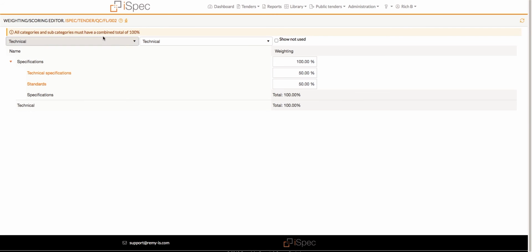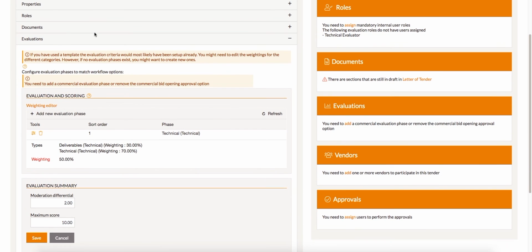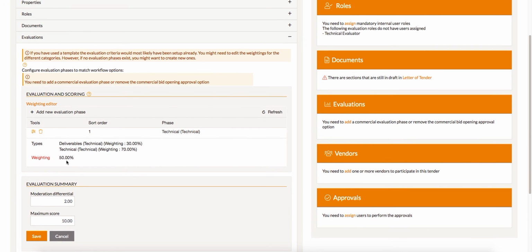When we go back to the evaluation panel, the phase details are now black. This indicates the phase is now set up correctly. Next, enter a moderation number. This determines what the difference between the evaluator's scores are allowed, before they would need to be evaluated by a moderation team. For example, one evaluator may enter a score of 6, and another a score of 9,